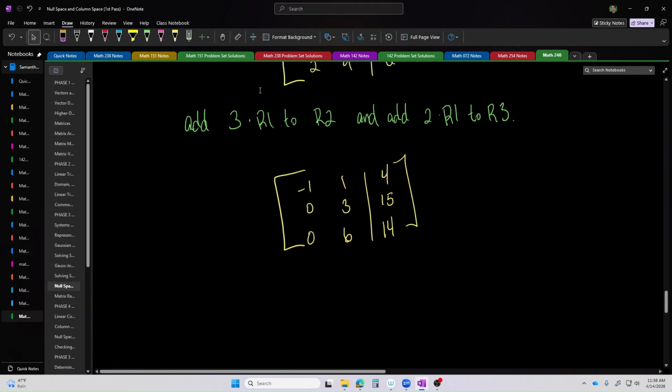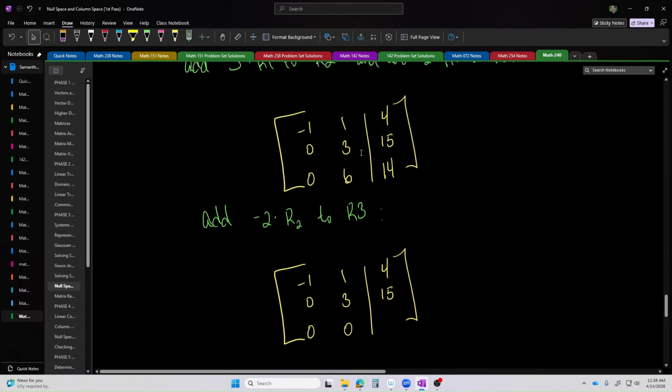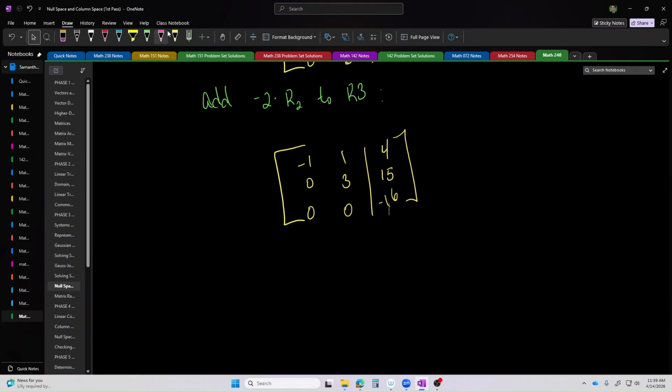Now look what happens when I move to eliminate this pivot underneath 3 in the third row. In the outputs column, I get -30. -30 plus 14, I get -16. If I translated this augmented matrix back into a system of equations, the first equation is fine, -x1 plus x2 equals 4. The second row, corresponding to the second equation, is also fine,